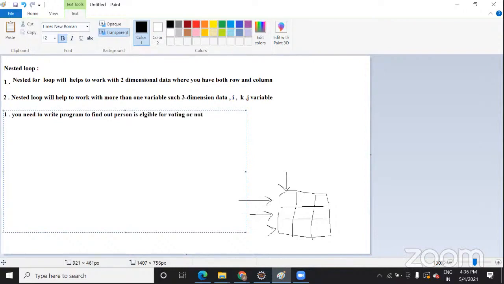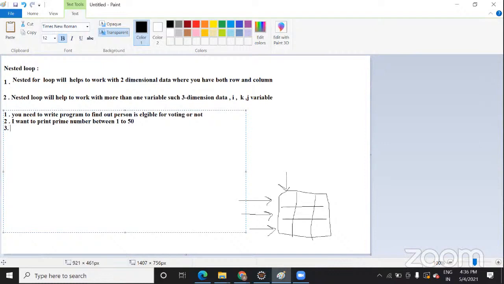Next question, I want to print prime numbers between 1 to 50.